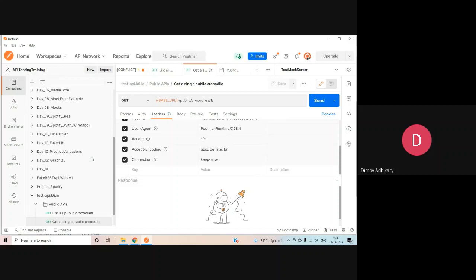What I want to show today is how you can reuse your Postman test to do performance testing, because Postman purely supports only functional testing. Postman doesn't claim to provide performance testing, but we can export the Postman collection and plug in another tool to test the performance of